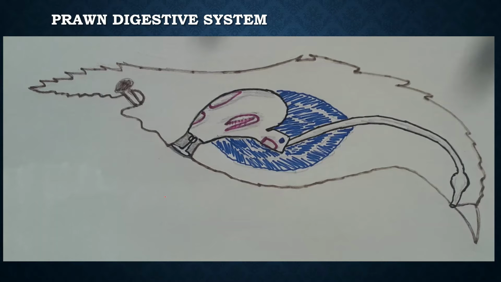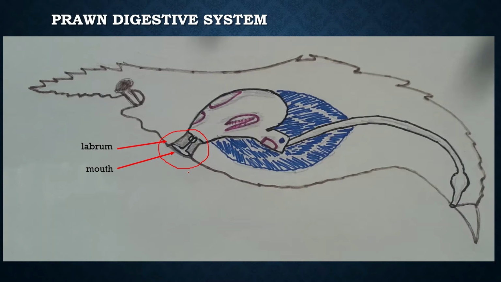When we see the alimentary canal or the digestive system of the prawn, the first part, the opening of the digestive system, is called the mouth. This mouth is a large slit-like aperture lying mid-ventrally below the anterior end of the head. It is bounded in front